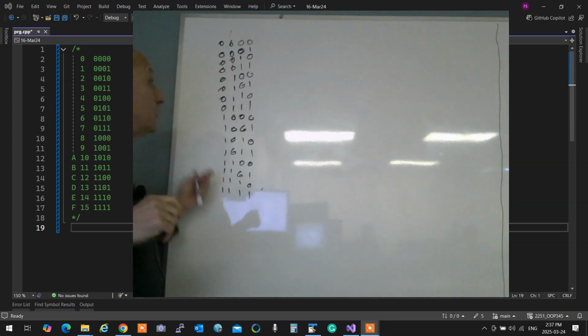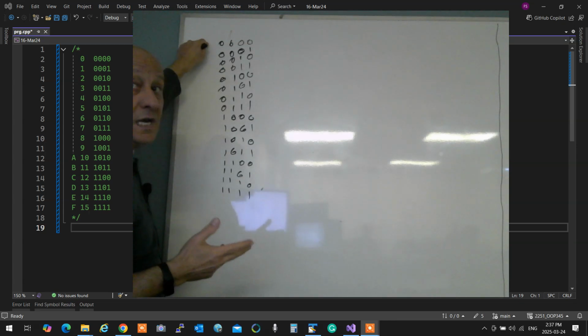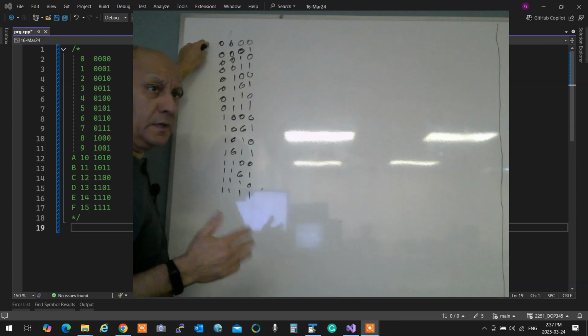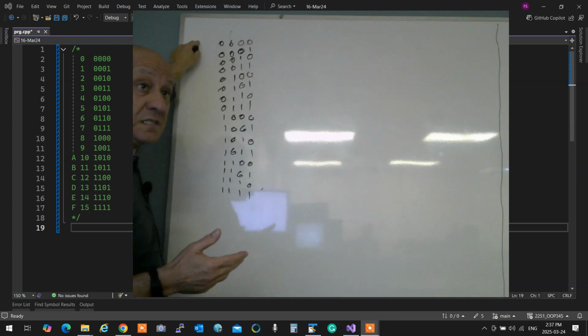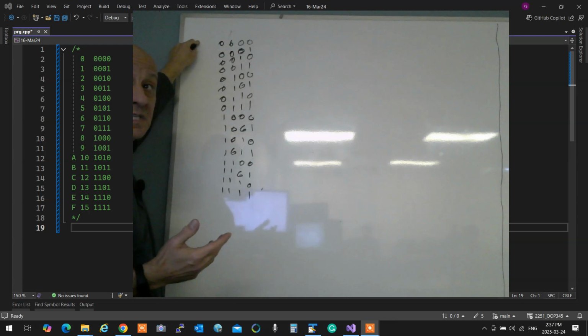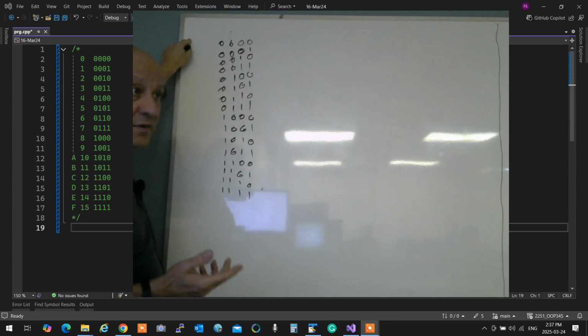This is 16. So if it's 5 of them, that's going to be 32. So that looks enough. Well, wait a minute. How about lower cases? So let's make it 6. That's 6 is what? 64? How about spaces, dashes, and things like that? You add those. Let's make it 7. So you put 7, you have 128.